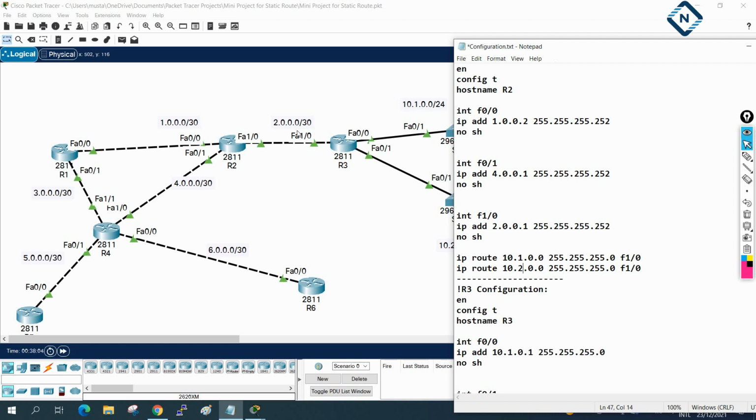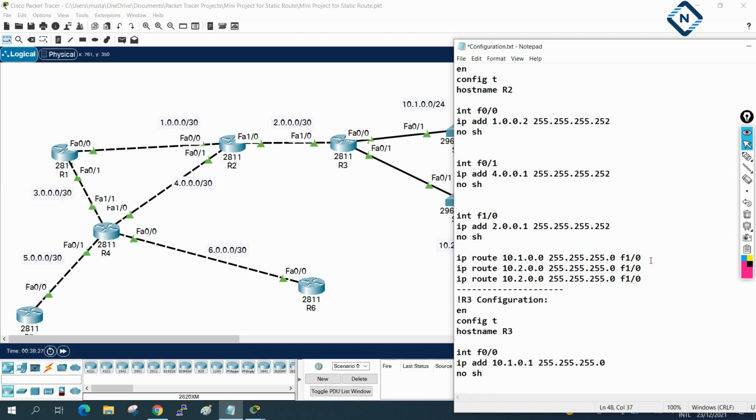After that, we need to look at what else we can do. These two we finished, and this is directly connected, this is directly connected, this is directly connected, so no need to worry. If anyone wants to go to the 3.0 network, then we need to leave here, or this way, or this way we will use. So let me copy this, and I will paste here, and we will modify.